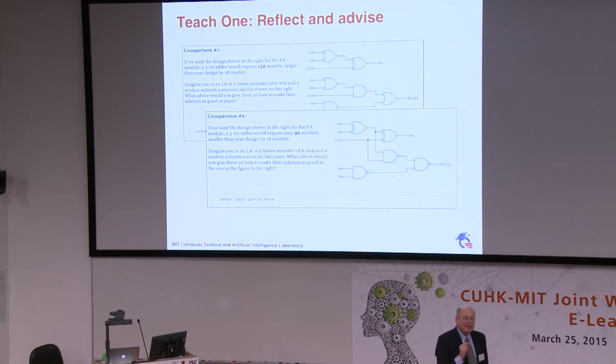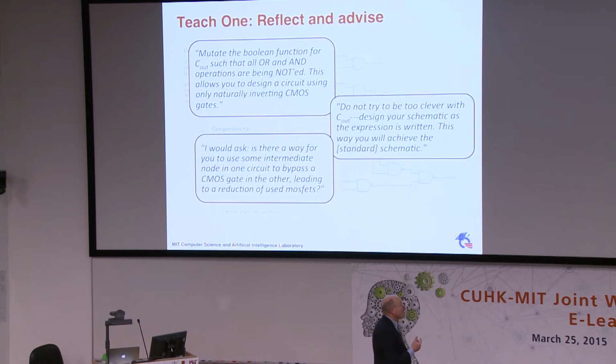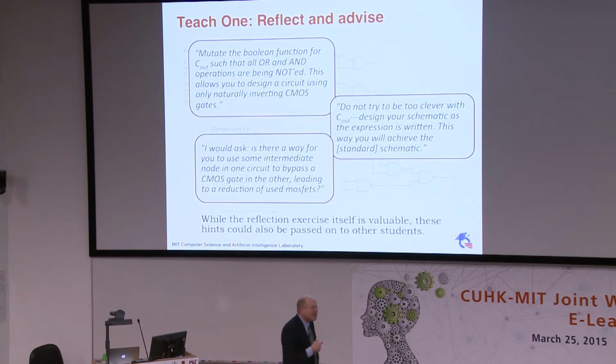What would you tell students who had done worse than you or had done better, and what would you tell yourself to be able to get the best design? So we're actually getting them to think about how they could have done better. What does better mean, and how would you explain to somebody how to do that? And so we get these great comments coming back. And so the reflection is not only good for the individual student, but now we can start to use these as hints for people who are having problems in doing the design.